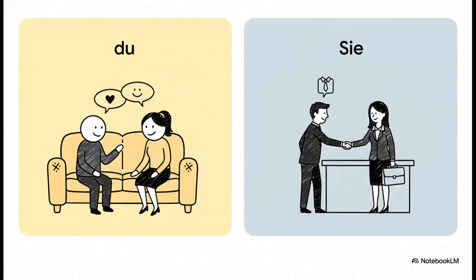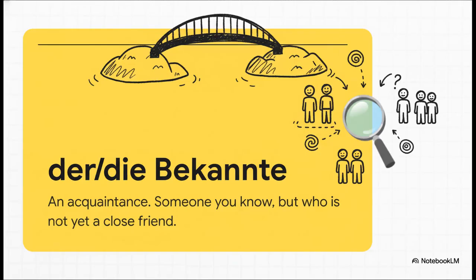Now, this next part is super important in German culture, knowing when to use the informal du versus the formal Sie. The verb for using du is duzen, duzen. That's for your friends, your family. It creates closeness. On the other hand, you have siezen, which is for formal situations, strangers, or when you want to show respect. Honestly, getting this right can make or break a first impression. So, let's say the first meeting went great. What do you have? Well, they're not quite a friend yet, but they are a Bekannte, an acquaintance. It's the perfect word for that in-between stage, and it's the perfect bridge to our next chapter.